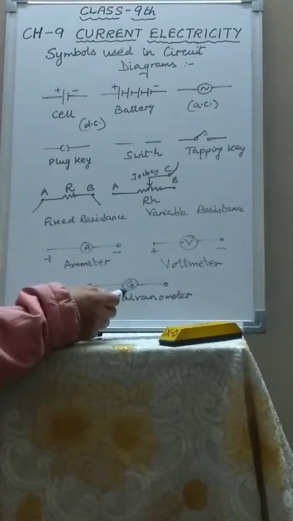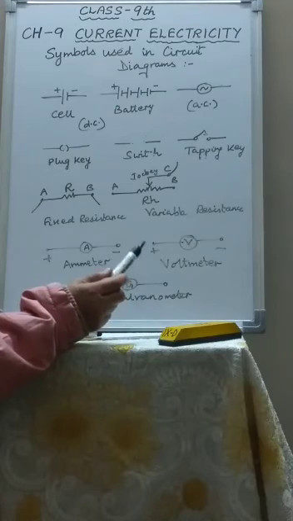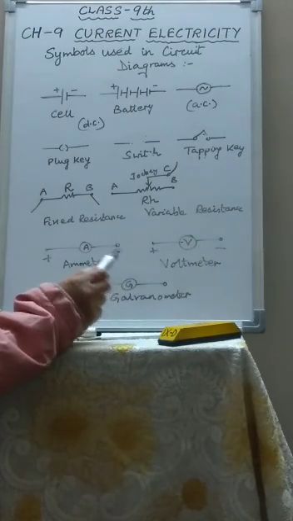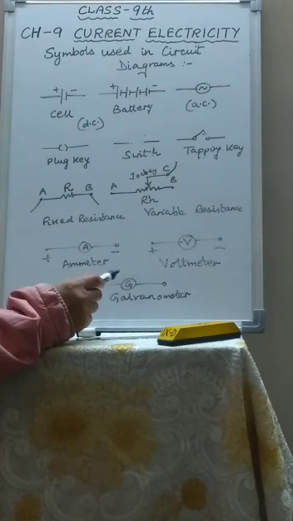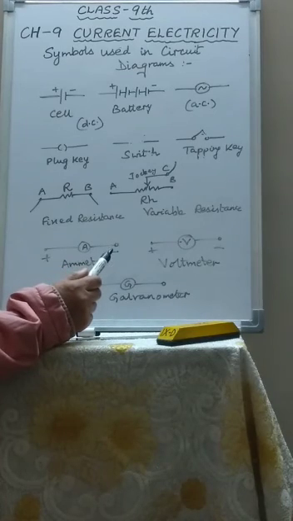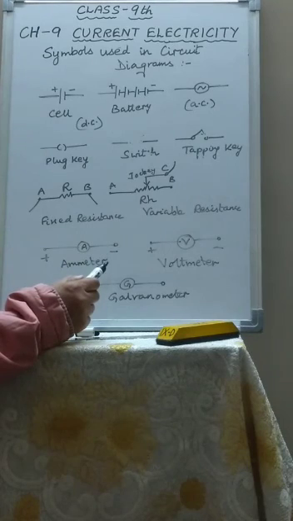And this denotes a galvanometer, G. A galvanometer is used to detect the presence of current in the circuit, not to measure the magnitude of current, but only to detect whether current is passing or not through the circuit. Now we use a load also, and we use connecting wires also, which are thick insulated copper